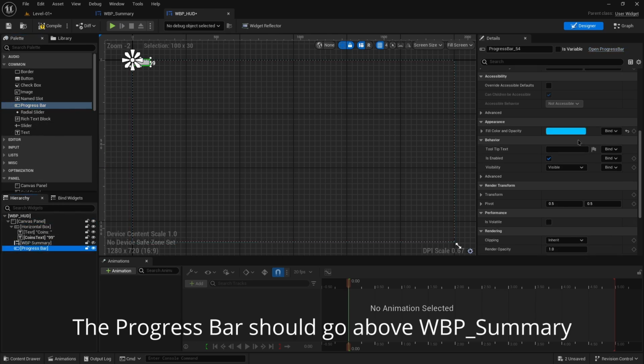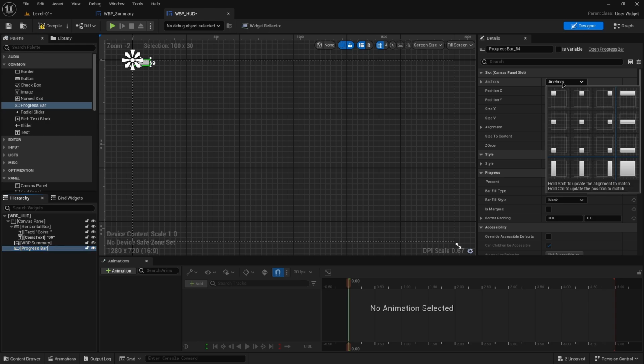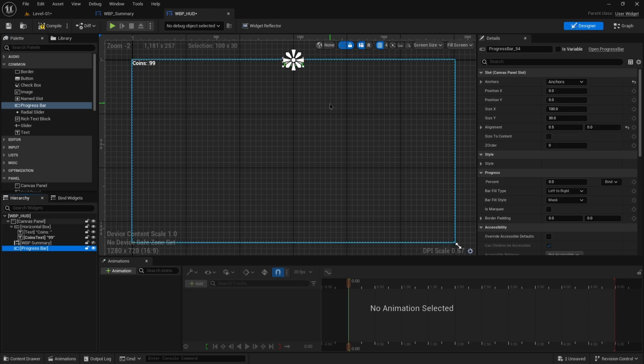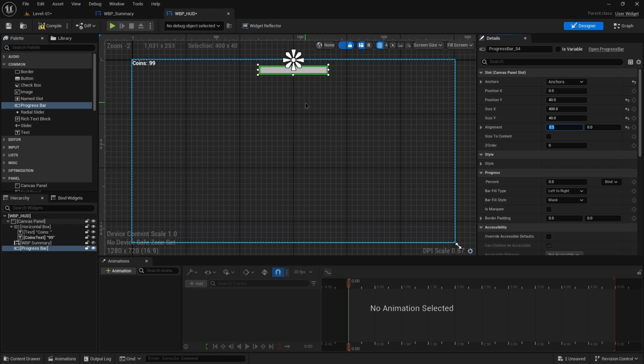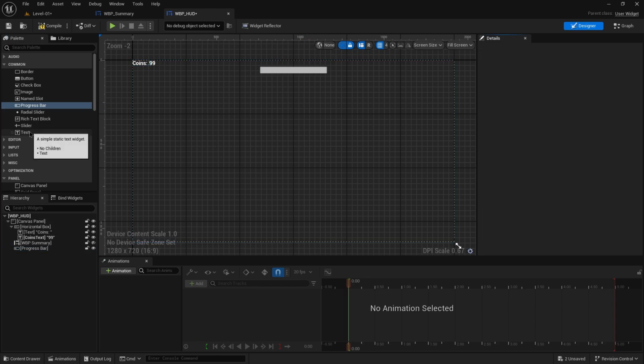I want this center top. Shift control. And move this down 40, make it a size of 440. Because I used shift control, it set the alignment X to 0.5, which is what we want, it's centered. So then we want to add text to the progress bar,